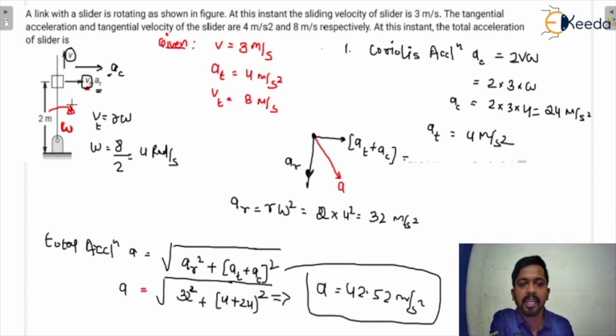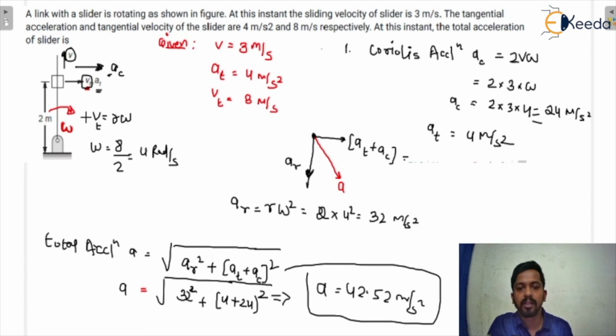We all know that when the link is in rotation, the slider is going to have sliding motion. तो देखिए स्लाइडर की मोशन इसमें दे रखी है कि ये अपवर्ड डायरेक्शन में मूव कर रहा है, and we know the sense of omega, that is decided by the tangential velocity direction. Okay, and we have calculated the Coriolis acceleration, we have calculated the magnitude, and we have seen the direction. I already told you the procedure to determine the direction of Coriolis acceleration, and tangential acceleration is along that direction, so we can add them up.